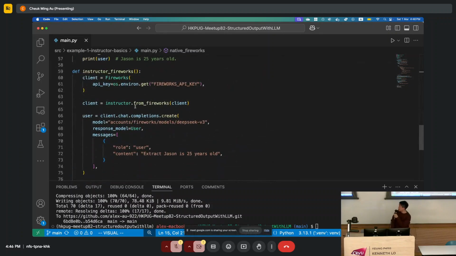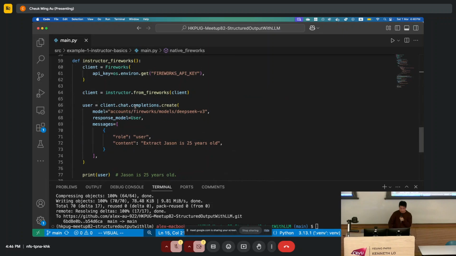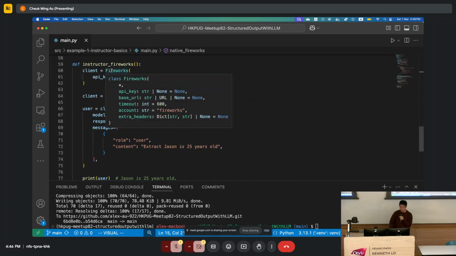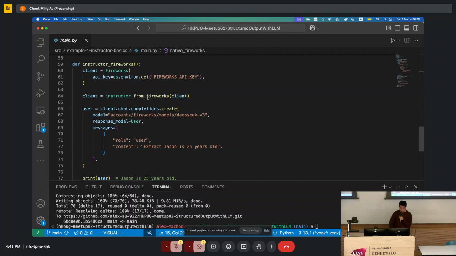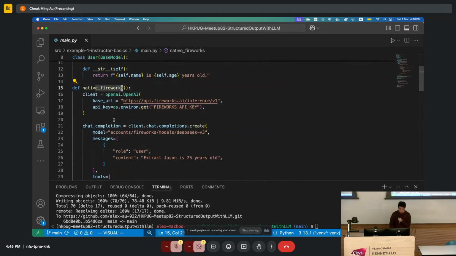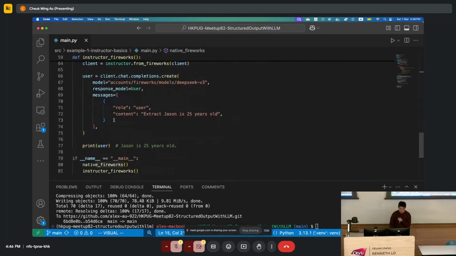But if you use Instructor, it's very simple. You just define Fireworks, and then from Fireworks, get the client, and client chat completion. The response model here is a new argument compared to the native OpenAI one. So it ensures that the user here is the user type. So when I run it,